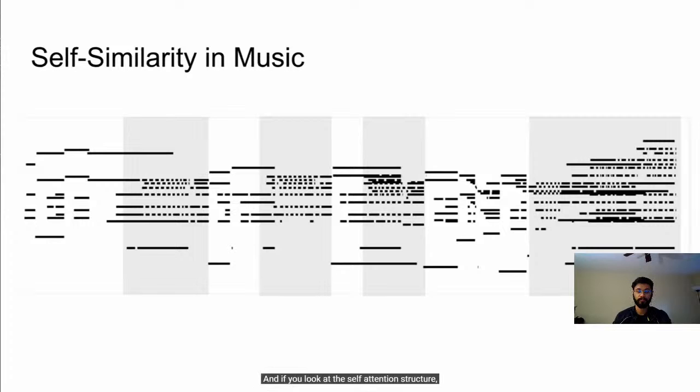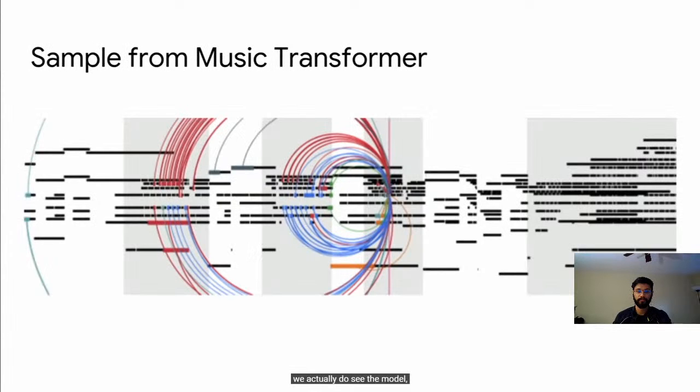And if you look at the self-attention structure, we actually do see the model looking at the relevant parts, even if it was not immediately preceding it. So here, what I colored, shaded out, is where the motif occurs. And you can see the different colors are the different attention heads, and they're kind of focusing among those grayed